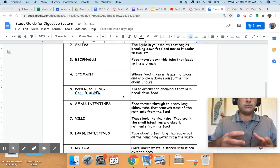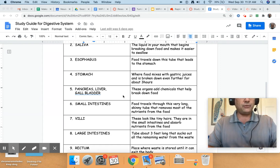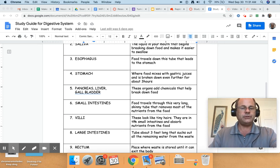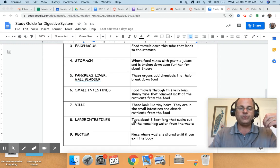Next are some smaller organs. Here is the pancreas. The liver is actually not small, but the liver and the gallbladder and the spleen, they all interact and they sense the food coming down through the tube and they give off chemicals to help break down the food. So the pancreas, liver, and gallbladder help break down the food so that your body can absorb